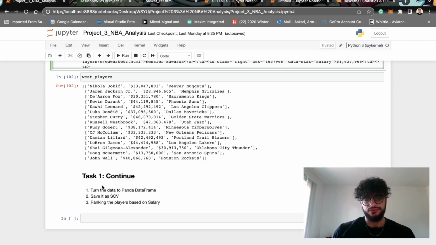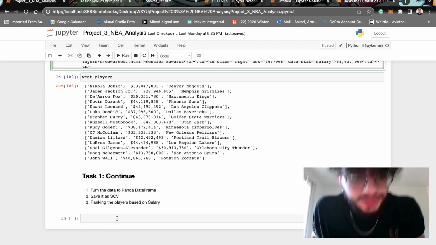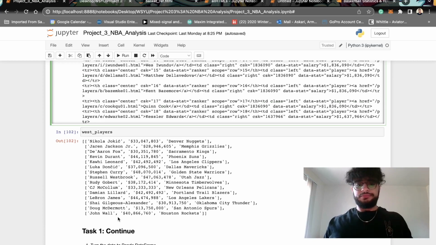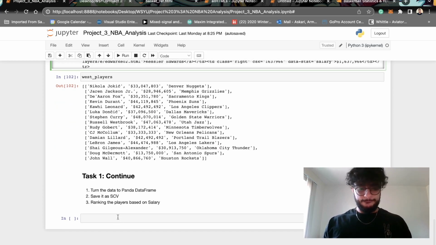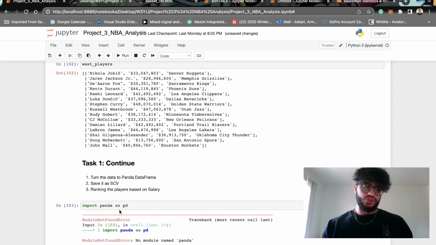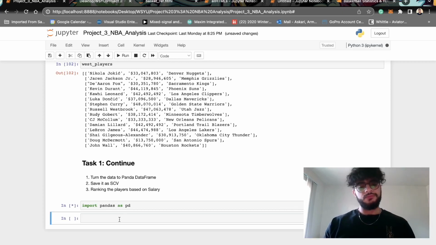So there are a couple things we need to do for task one. Task one, continue: turn the data to Pandas data frames. For the sake of just finishing task one, I have the best players right here, and then I'm going to import pandas as pd, and it's just because it's not one panda, it's pandas. And then what I want to do